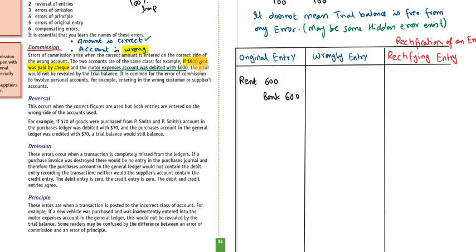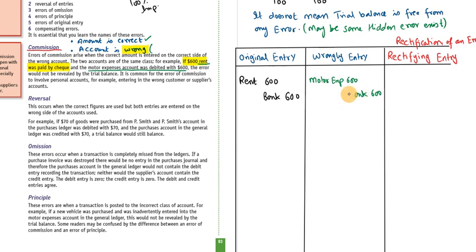Instead of rent, we used motor expense. So we wrongly debit the motor expense account by 600, and bank is credited by